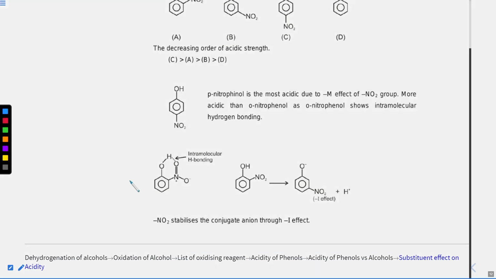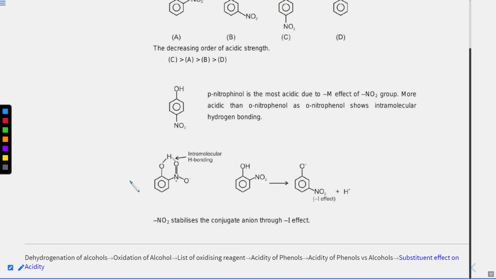If you look first time, you will notice that since NO2 is present at ortho and para position, both of these would be higher, because I have told you earlier that if it is present at ortho and para, it will stabilize the negative charge of the phenoxide ion much easier. But you can see that this nitro position is present as para, it should have a higher pK value, sorry, K value. Why? Because this ortho position is